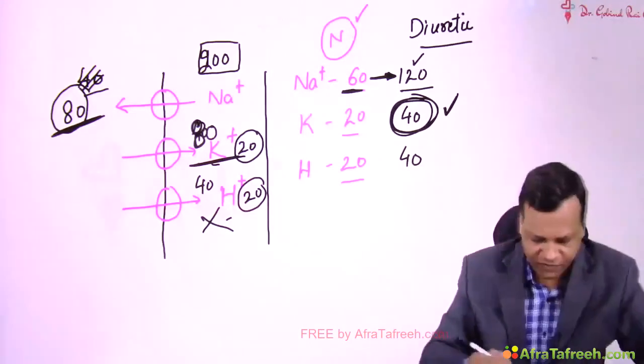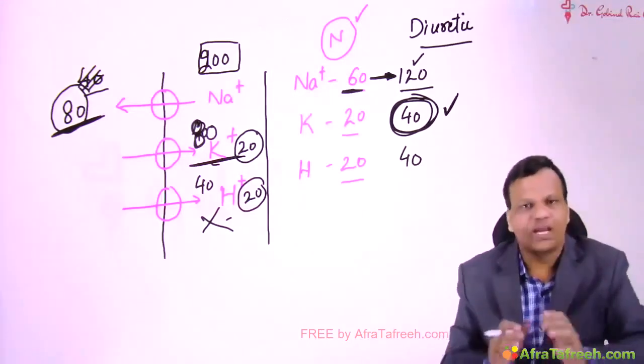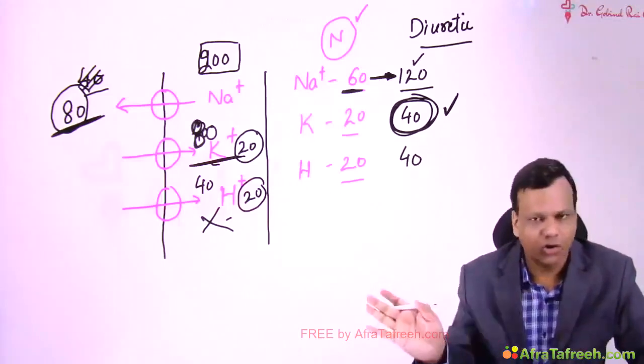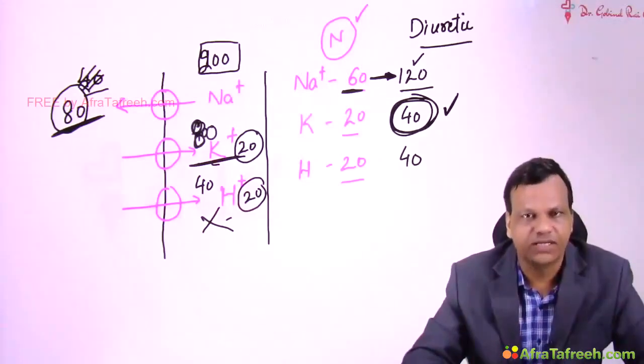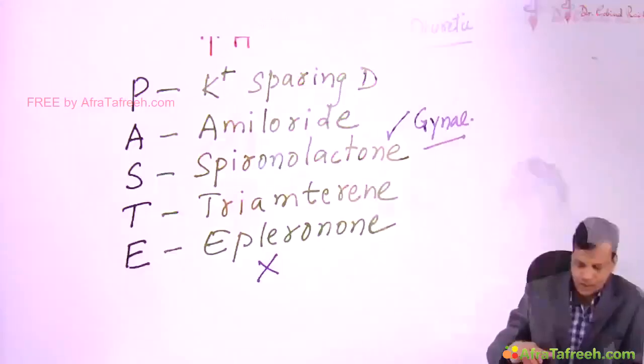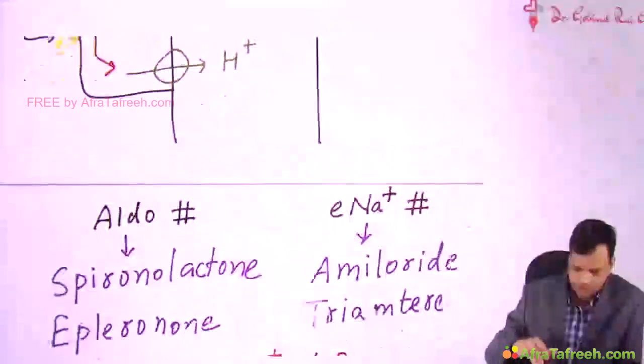And obviously if we inhibit this channel, then hypokalemia will not occur because potassium cannot go out, so potassium will be retained. That's why this group of drugs are potassium sparing diuretics. Okay. Now the last thing to remember,